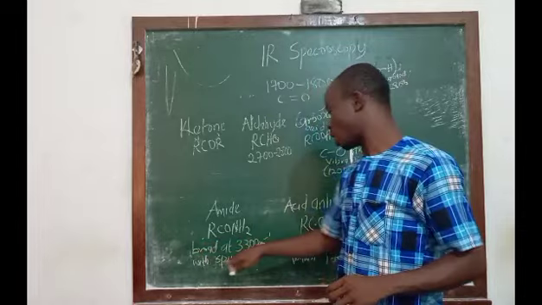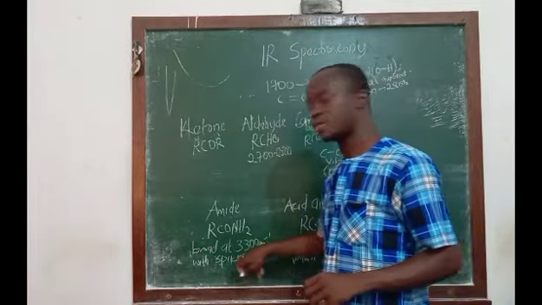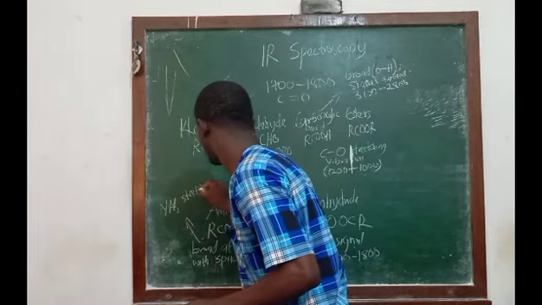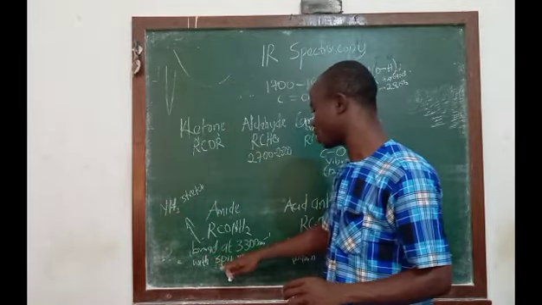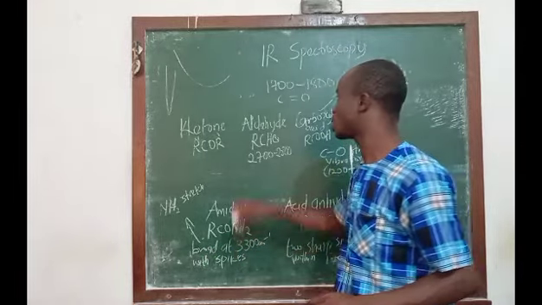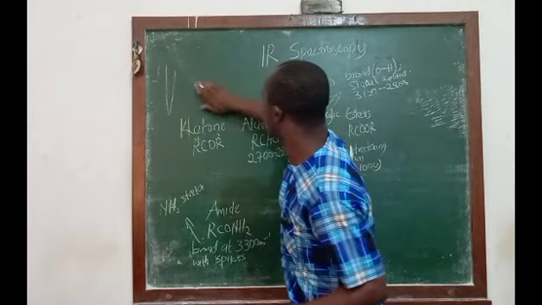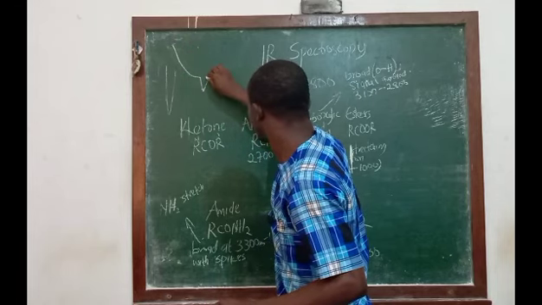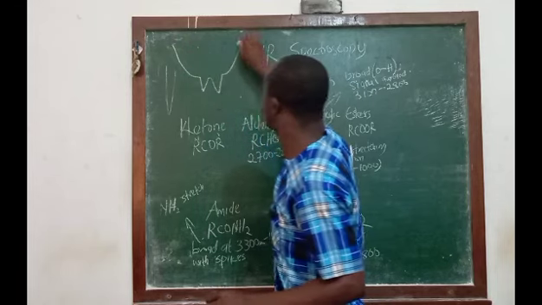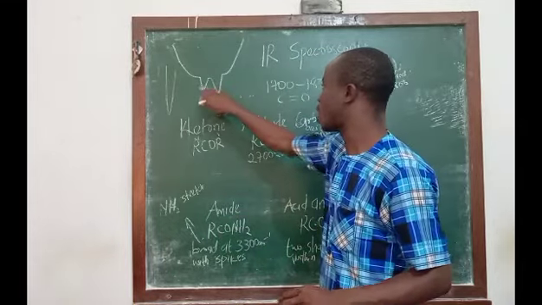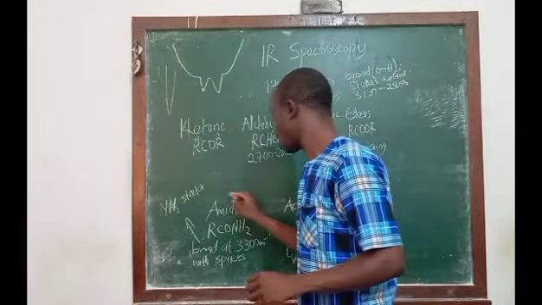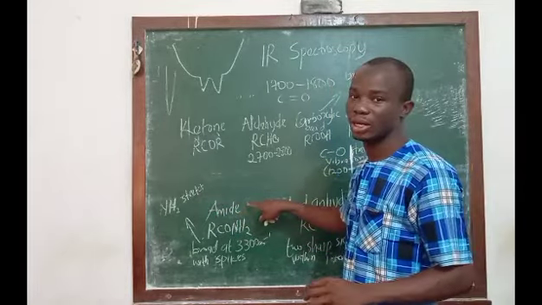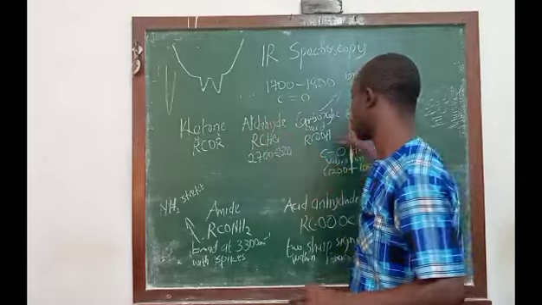So when you see a broad signal at 3003 with spikes, it represents your NH2 stretching vibration. So when we are saying we have a broad signal with spikes, you can have something like this. What that implies is that I have something like this and this. So these are what? These are spikes. So for NH2, which is only present in this amide compound and is not present in other